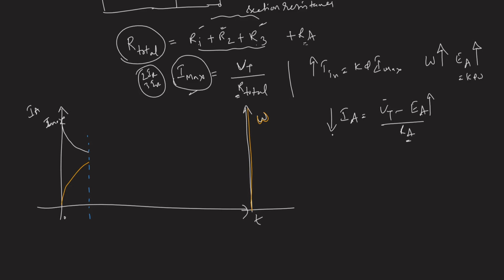Now I say that I am trying to limit my armature current not to go below some value. Let me take this to some I minimum. I am saying that armature current should not go below my I minimum current, right? Now at that moment, I will be placing an ammeter. I am watching. As I move the starter studs one after the other, I will be watching my ammeter, right?